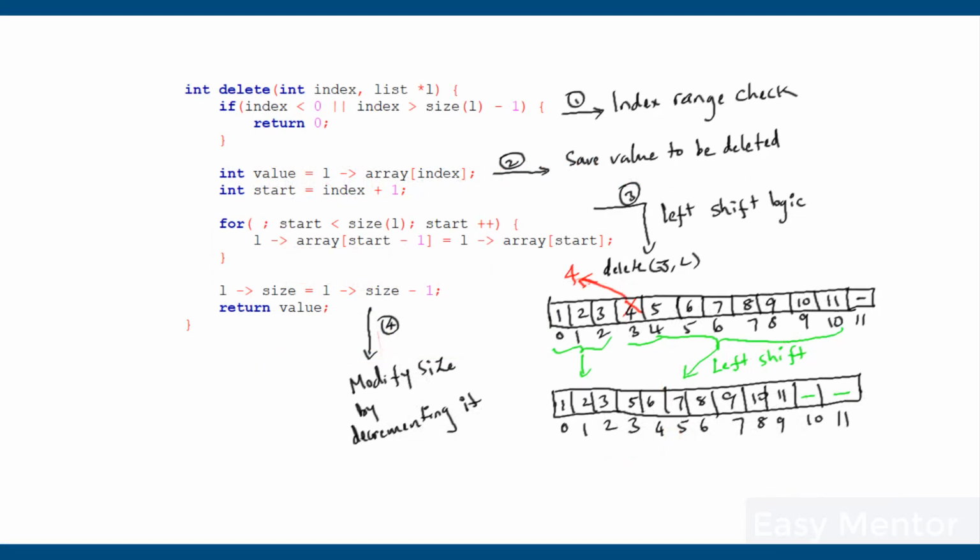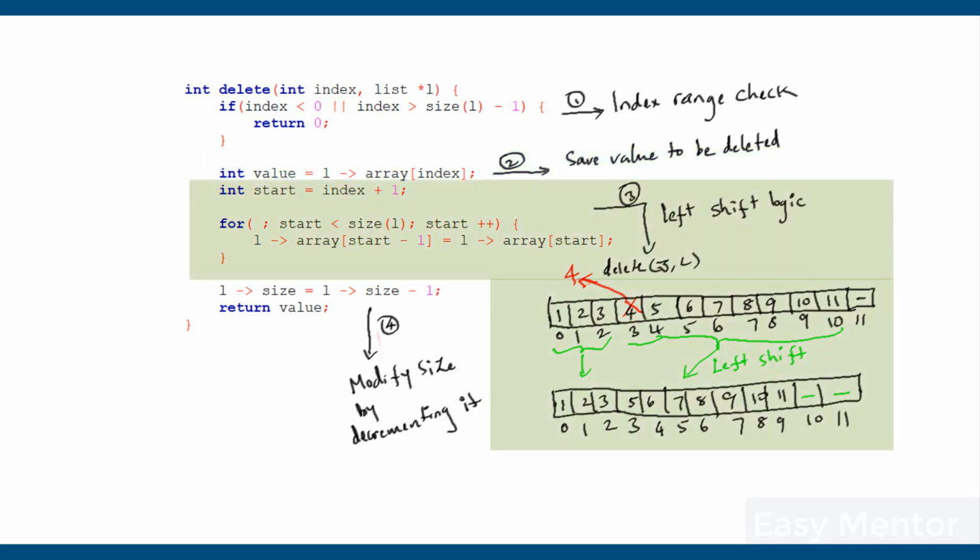Deletion is analogous to insertion. It also does an index range check, and then it tries to keep the value that is being deleted in a variable and tries to do a left shift of all the elements that are to the right of the index in which the deleted element was present. So this code just saves the value 5 which is being deleted